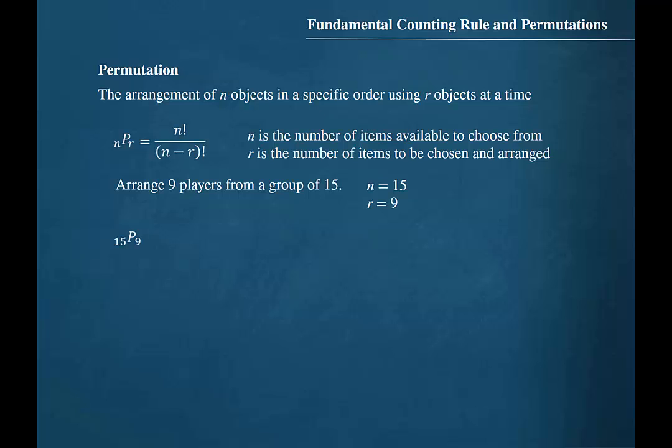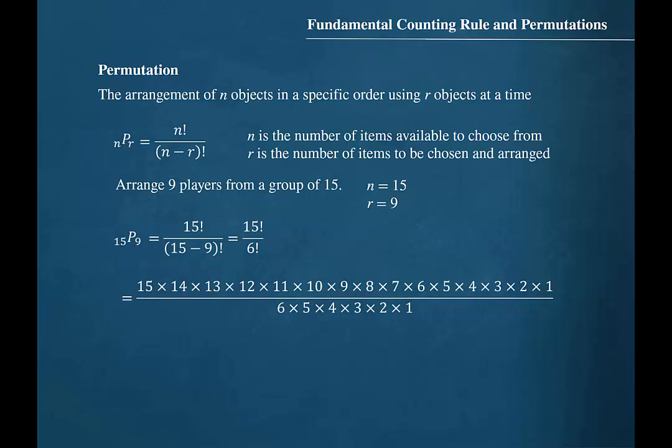15P9 is equal to 15 factorial divided by 15 minus 9 factorial, which would be equal to 15 factorial divided by 6 factorial. 15 factorial is defined as 15 times 14 times 13, and so on until we get to 1. 6 factorial is defined as 6 times 5 times 4, and so on until we get to 1. But the factors from 6 to 1 would cancel and leave us with the same list of factors that we found using the fundamental counting rule, and therefore the same result of